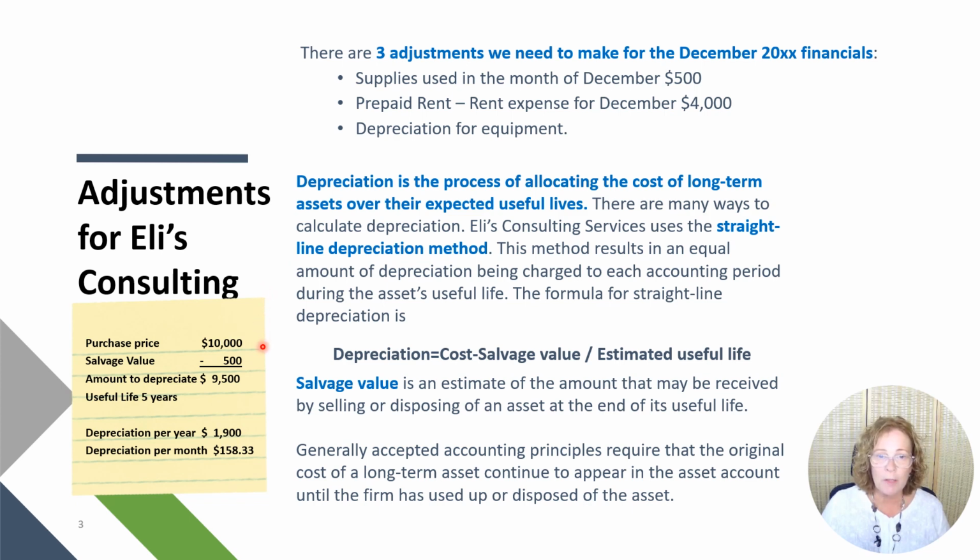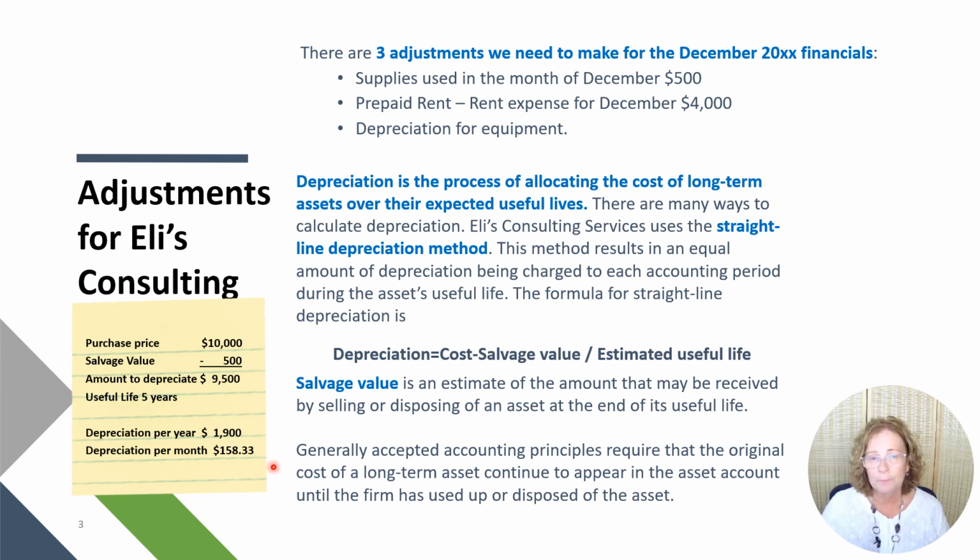Now let's look at this example. We have a purchase price of $10,000 for, let's say, office equipment. We estimated that we still get $500 at the end of the equipment's life for it, which leaves us with an amount to depreciate of $9,500. We divide the $9,500 by the useful life, which in this example is 5 years, but it could be 7 years, 12 years, or longer for other types of assets. So for our example, we divide $9,500 by 5 to get the amount of depreciation per year of $1,900